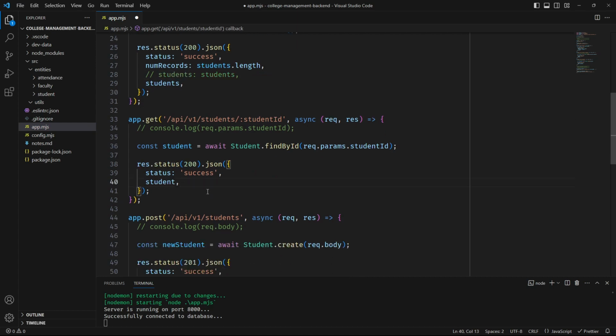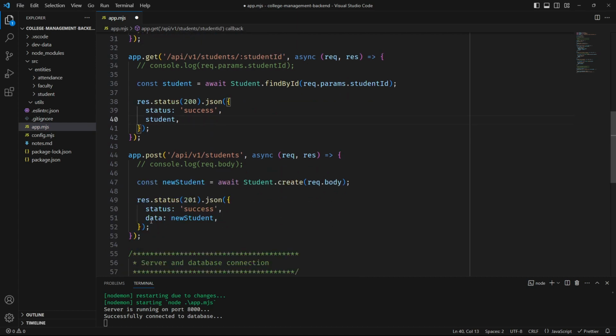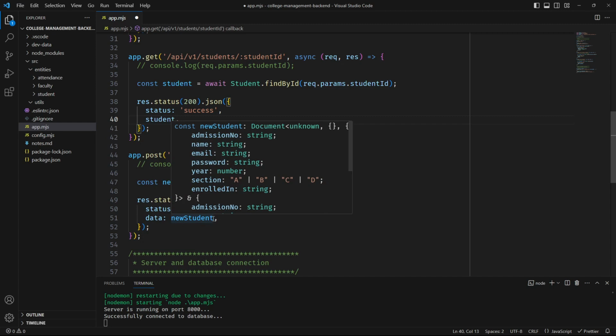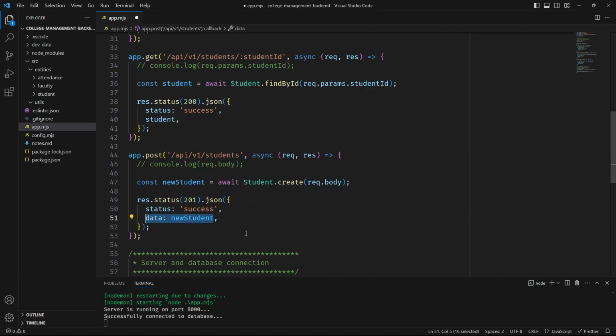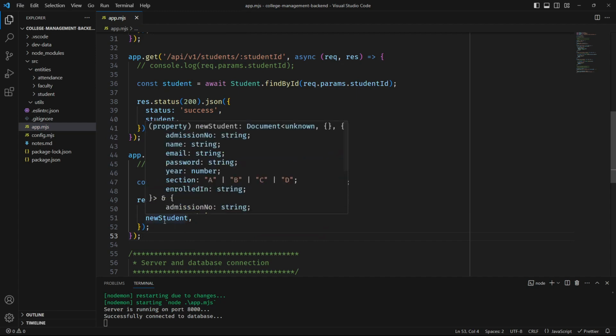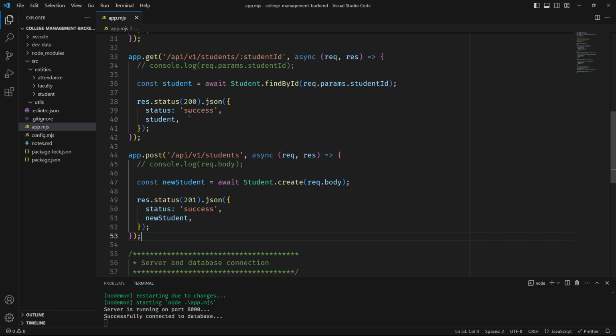Similarly here also, we can use newStudent. So this is basically a JavaScript feature. When the key and value pair are the same, we can just omit it. Okay.